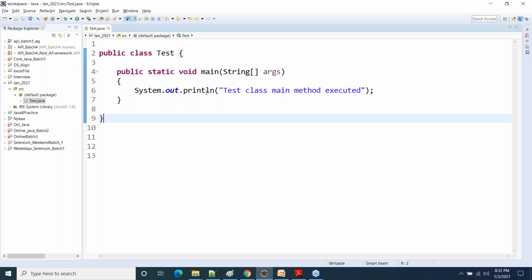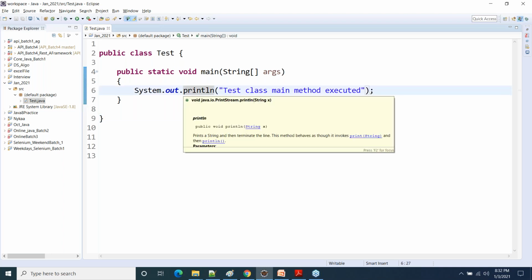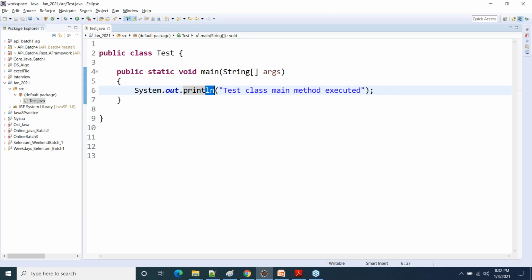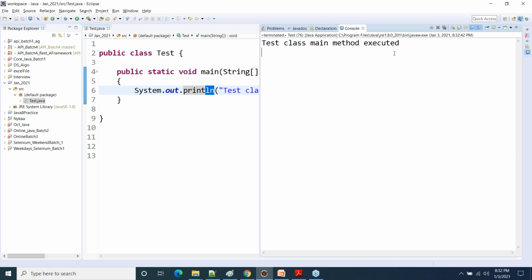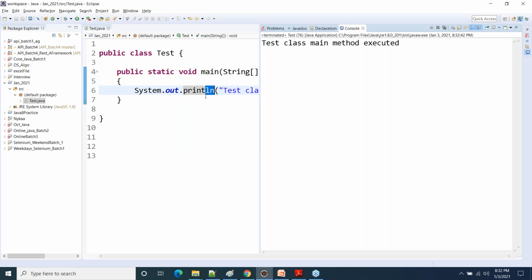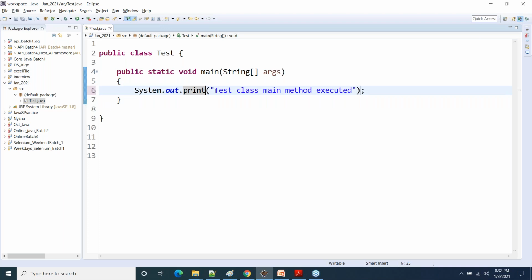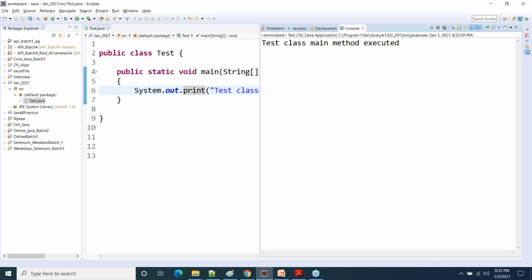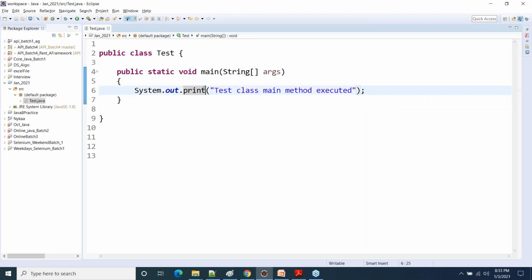Arvina is asking, ln is for print. Ln means print line: print and move the cursor to the next line. If you see the output again, you can see the cursor has been moved to the next line. So after printing the text, the cursor will move to the next line. That is what the println method is. If I just use the print method, printing will be done, but the cursor will remain on the same line. I'm pressing my down arrow key, but the cursor is still there. So generally we use the println method. Is that clear?